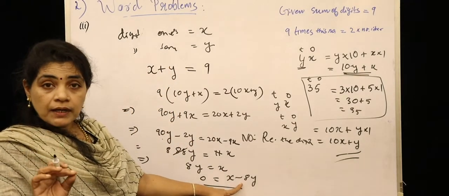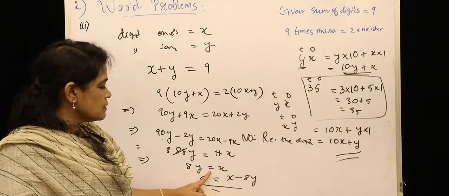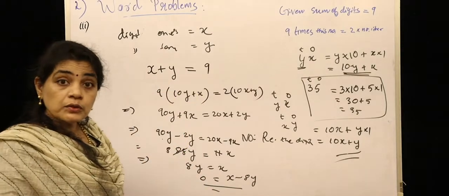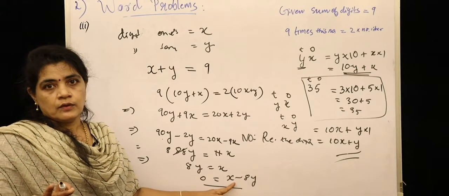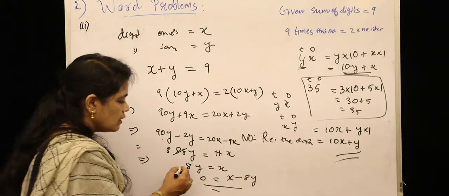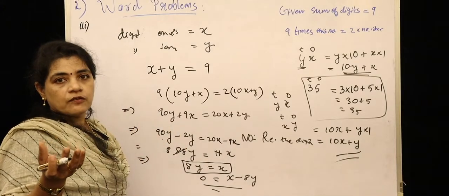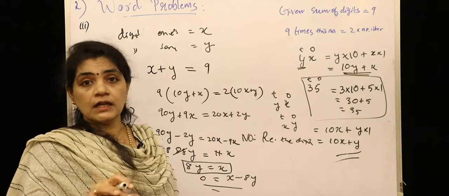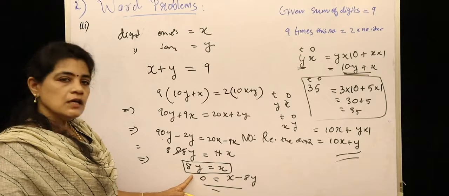If you are getting the answer by the substitution method, you can just substitute x as 8y here. That doesn't matter. In order to do the elimination method only, you have to convert this into equation form. So by the substitution method, I will show how this can be solved. The method is not specified, and if the method is not specified, you can use any method according to our convenience. So here we have x is equal to 8y.